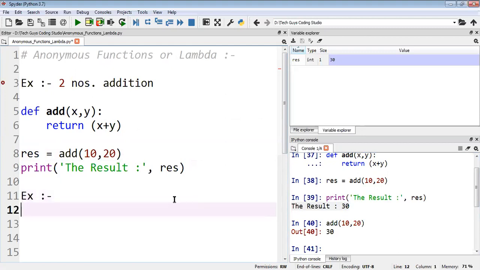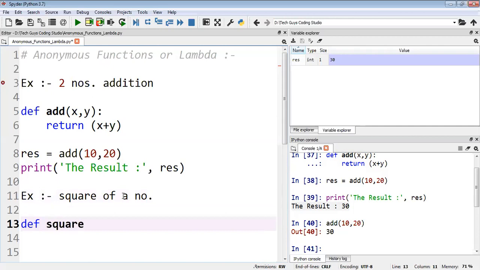One more thing. If you want to take the square of a number, I'll write def, a square method, then I'll take an n value. Then I will write return n into n.